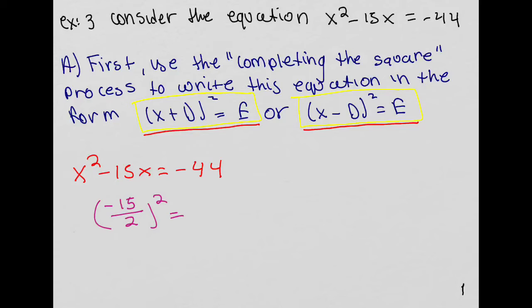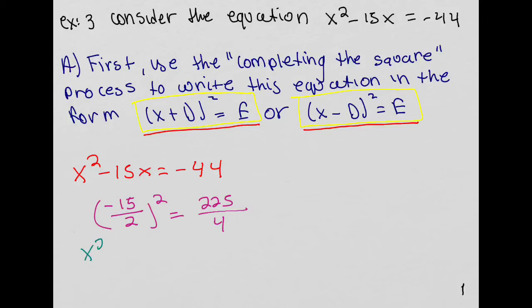So negative 15 divided by 2, that's going to give you 7.5. Is it 7.5? Yes, 7.5. So we're going to square it. 15 times 15, I think, is 225. And 2 times 2 is 4. We're going to use a fraction. Nothing wrong with that. The next step is to go ahead and add the 225 over 4 to both sides